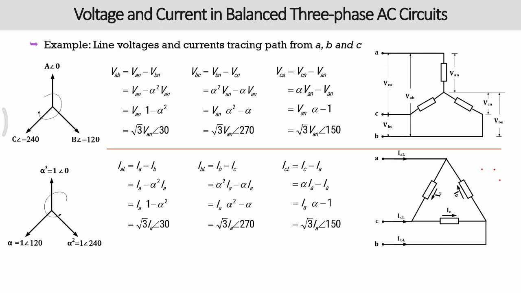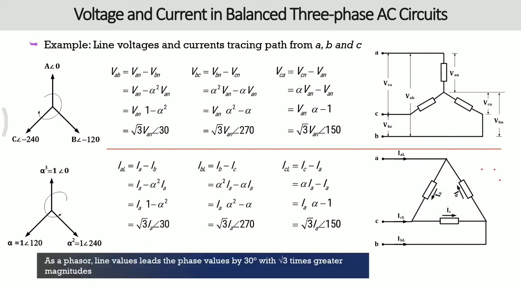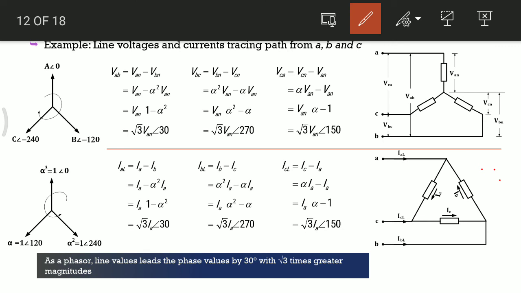So how can we convert these phase currents into the line currents? As shown in the figure, what is the value of IAL? IAL is equal to IA minus IB. How can we say IAL is equal to IA minus IB? You can clearly see here, if you know the current division rule, then you can see at this point